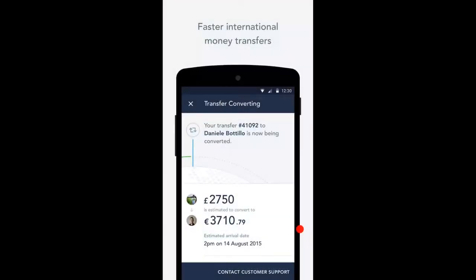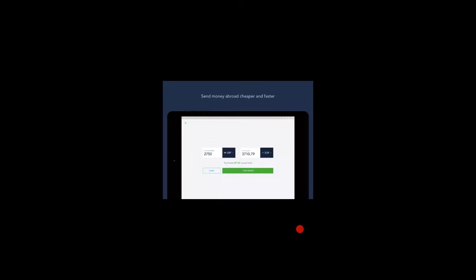As you can see here, it says it's actually faster than money transfers, and that is also true. For a similar amount of say £100, I would typically pay about £9.50 to the bank. But I find that TransferWise is very quick, and usually the money is in the other account within a day or two at the very latest. At least that's in my experience. This is the screenshots for the tablet,